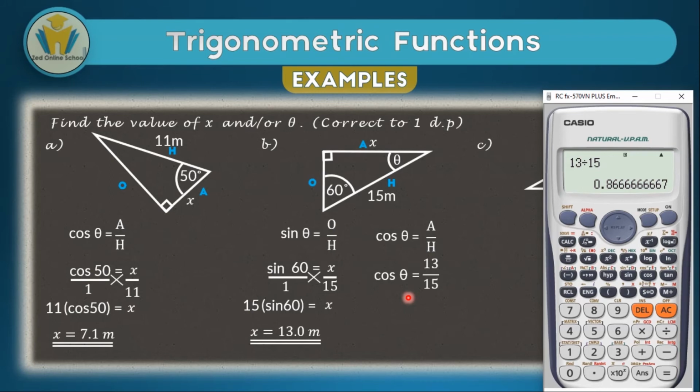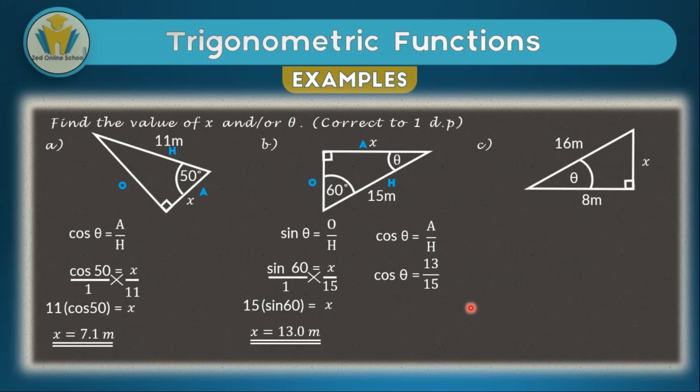We won't be dividing by cos. We are going to say that theta is equal to cos inverse multiplied by 13 over 15. It's very important to note this. Never try to divide this left side by this cos or by a sine or by a tan. We are going to express the angle in terms of cos inverse multiplied by what's on our right side. Therefore, we're going to say theta is equal to cos inverse multiplied by 13 over 15, which we saw on